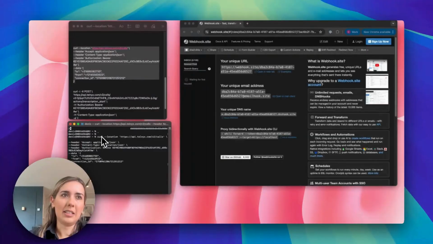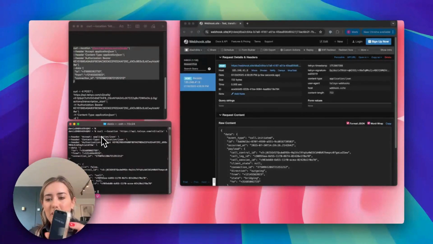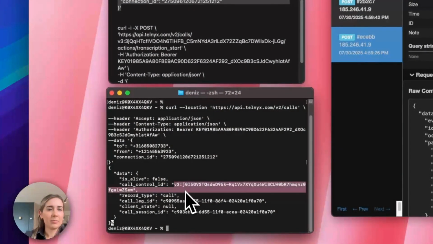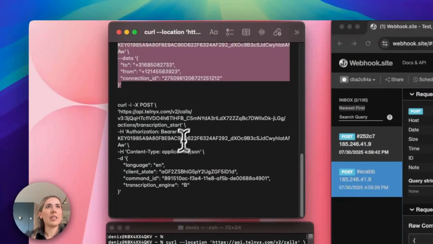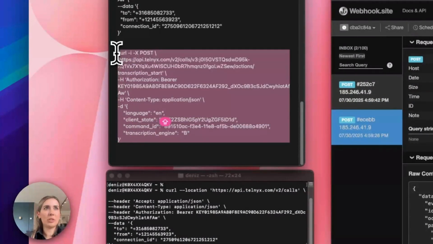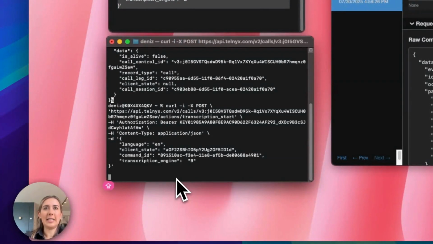And I start the call. As you can see, my phone is calling. I answer this. Then here I have the call control ID, which I will copy into here, and then I will use the speech to text code,